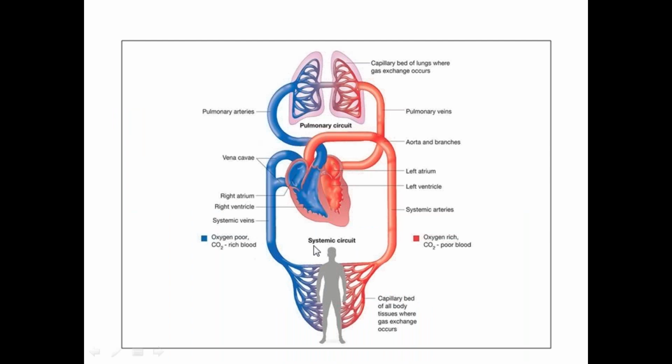Now for this, let's have some discussion about circulation. I told you that your heart has a right side and a left side. The right side of the heart is shown in blue, which indicates deoxygenated blood. On the left side you have oxygenated blood, shown in red. What happens on the right side? All the deoxygenated blood from your periphery comes to the right atrium through the superior vena cava and inferior vena cava. Through the tricuspid valve, this blood goes to the right ventricle and gets accumulated.